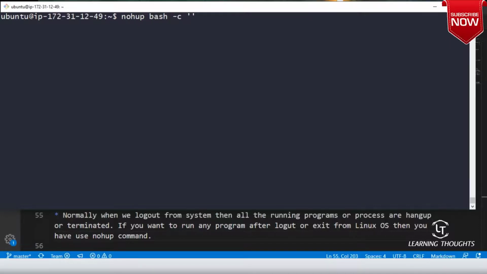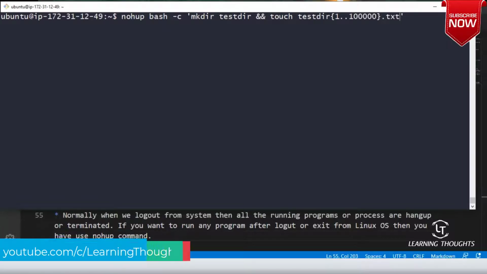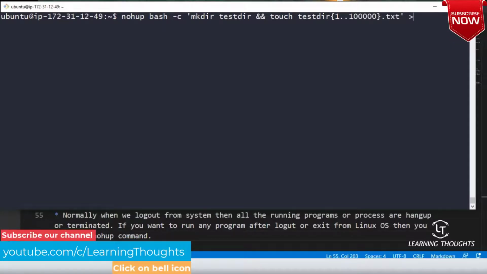Okay. And you basically tell it, over here, mkdir testdir, and touch testdir/ file 1 to 10,000 .txt, and send this output to output.txt.